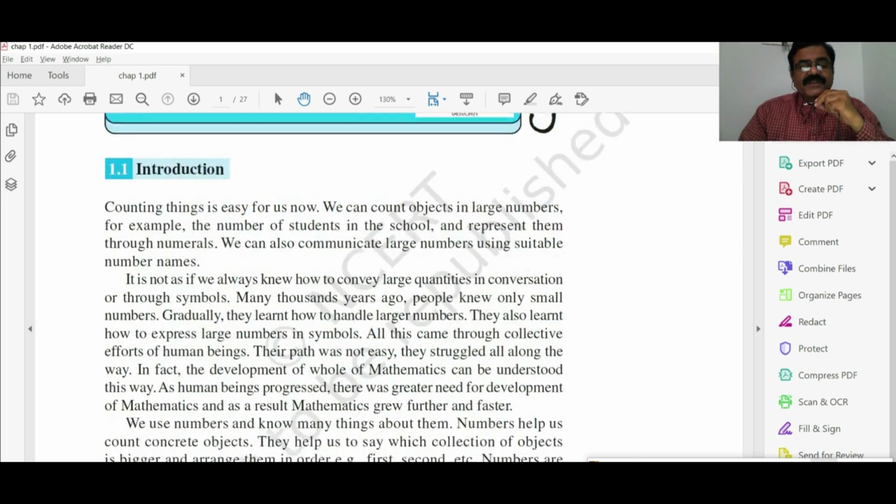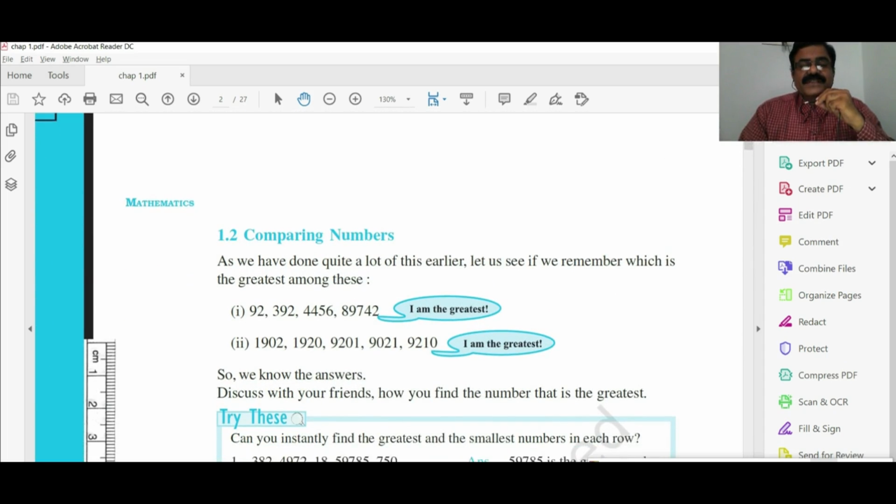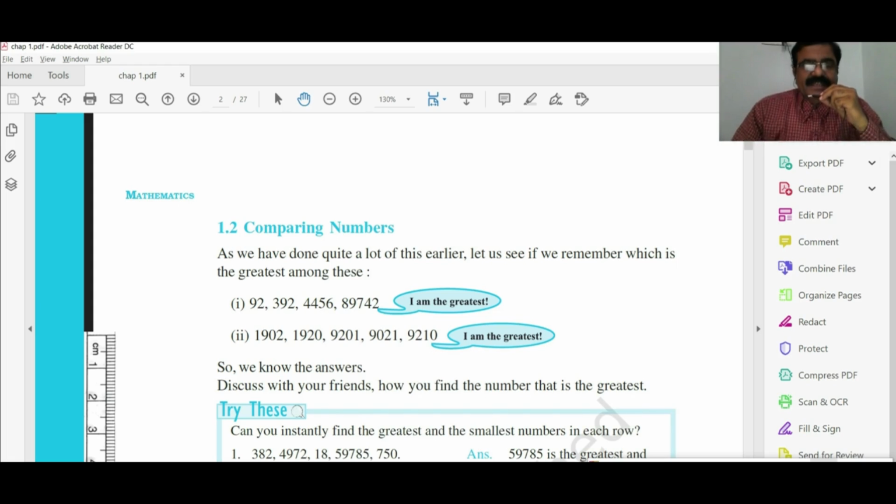So by knowing the number names, it is most essential that you know the international system and the Indian system of place value chart. Generally the international system is not used, but the Indian place value chart system we use usually. Now it is very clear to understand the number, and by knowing this number, the question is how we can